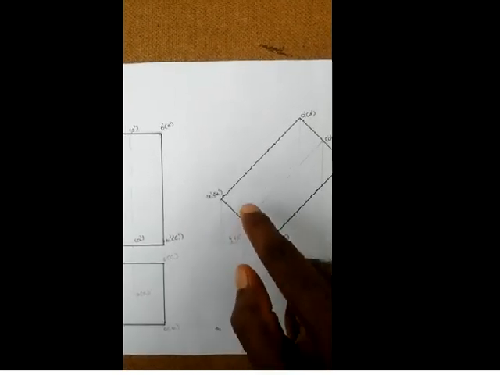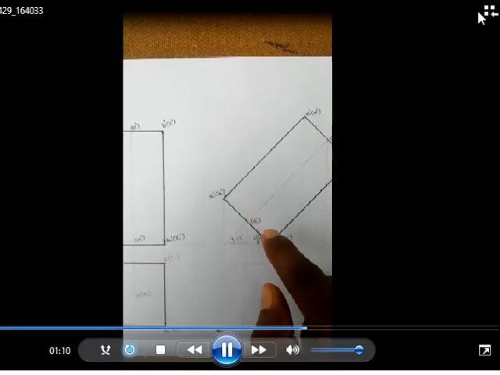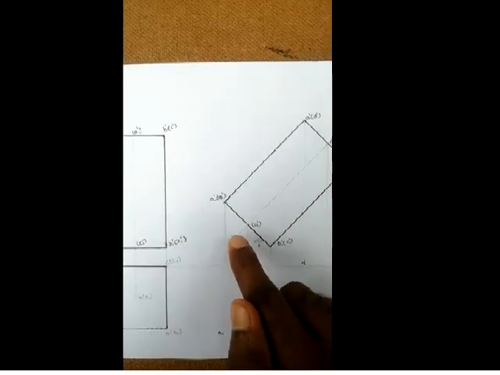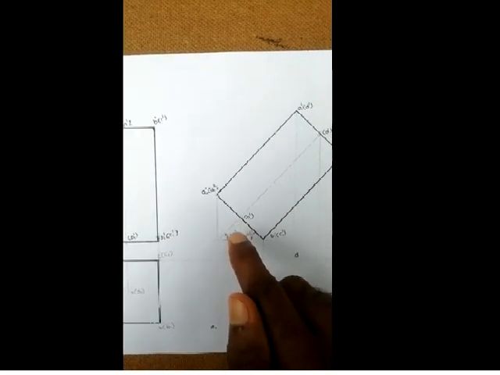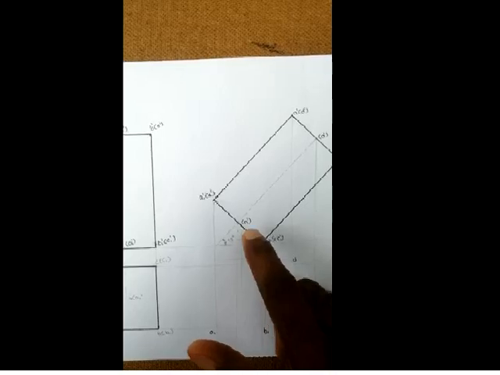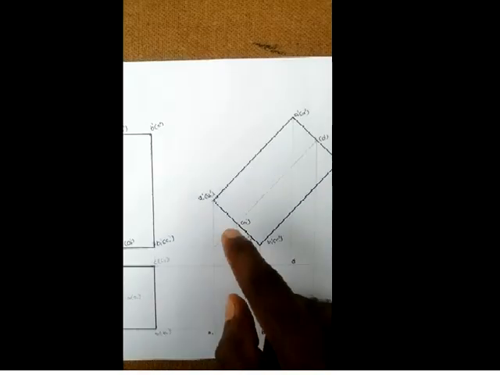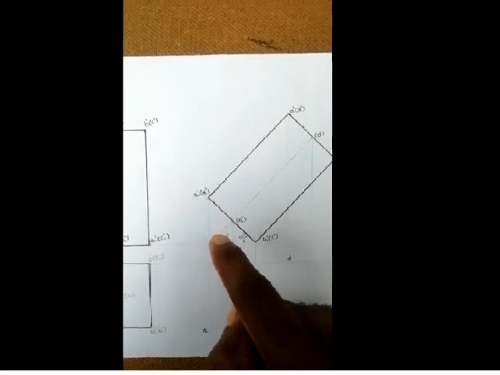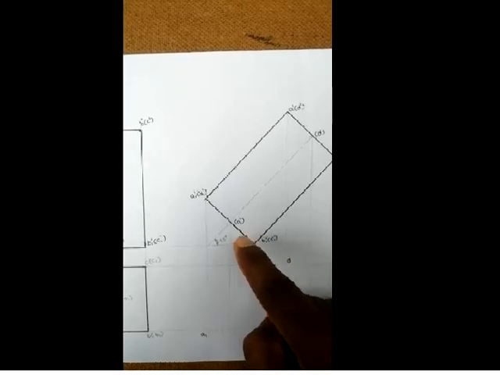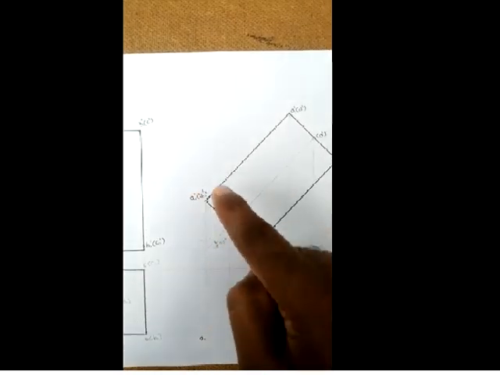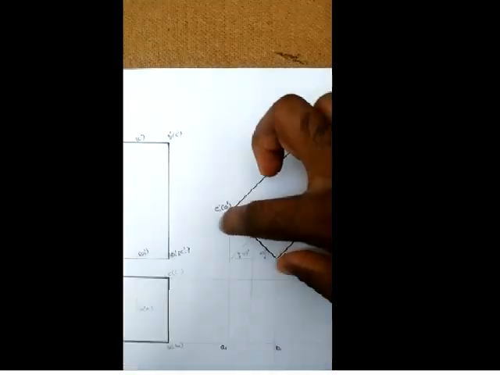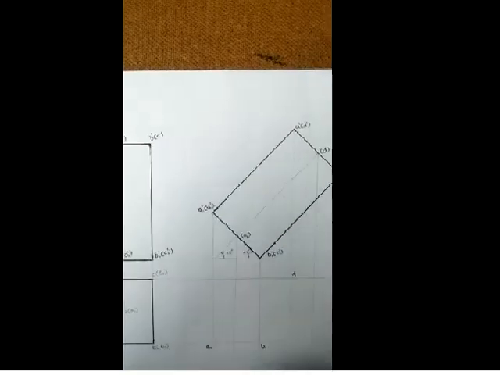To find out this inclination, I am having one right angle triangle here. In this triangle, this is the axis inclination. It is given. According to question, axis inclination is 45 degree. So find out what will be this angle. So 90 minus 45 degree, you will get this inclination as 45 degree. So if inclination with respect to HP is 60 degree, this angle will be 30 degree. So after locating this point, find out this angle and draw one line at 45 degree. Measure this dimension, mark second point, then copy entire rectangle here.